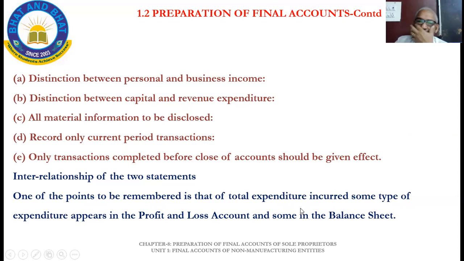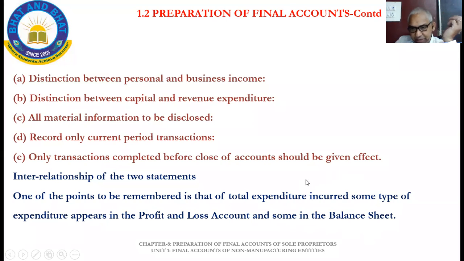Or salaries not yet disbursed, which are to be disbursed. That is also like that, outstanding expenditure. The heading is outstanding expenditure. Likewise, if any income should have been received but is not yet received, that will be outstanding income. That will be treated as an income shown in the profit and loss account. As it is not yet received, to be received, it is an asset to that business. Hence, it will be shown on the asset side of the balance sheet.